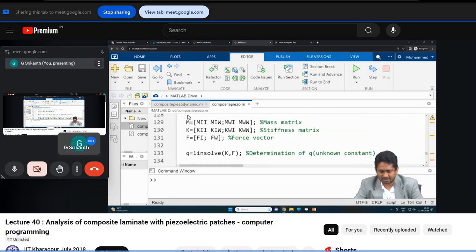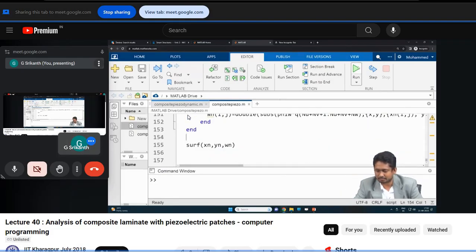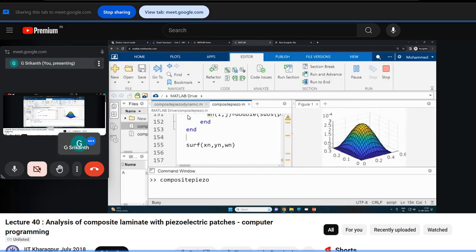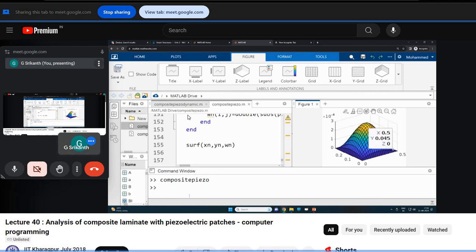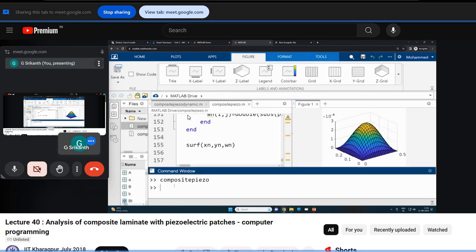So now after looking at the code, if we run it, so it is running now. If I want to stop it in between, we can just tap the button, it would stop the code. So now it has run and it is showing how w is varying along x and y. Now we have not put the x and y labels, which we can put easily. So if I type